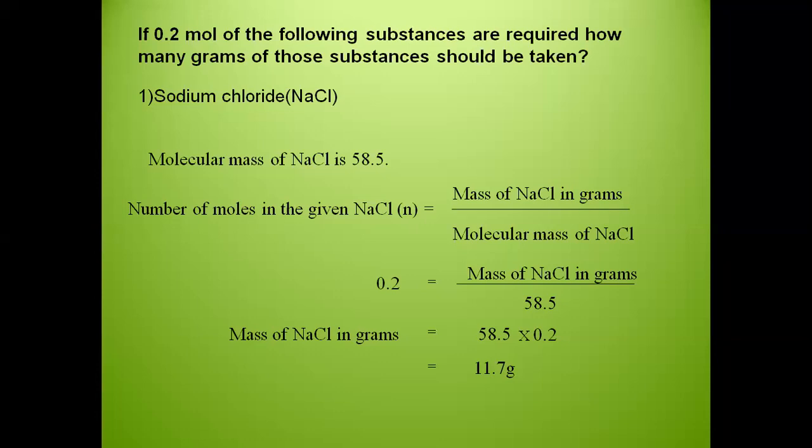These are the only two types of questions which can be asked in the exam. Other than that, nothing can be asked. Calculation wise, the questions can be asked about moles. Then they might ask you to calculate the molecular mass, where the atomic masses will be provided to you. Or they can ask you to write the chemical formulas. And for chemical formulas, as I've been continuously telling, you have to learn by heart the table of ions and radicals, because they will not give you the valencies. You are expected to know the valency and get the chemical formula.